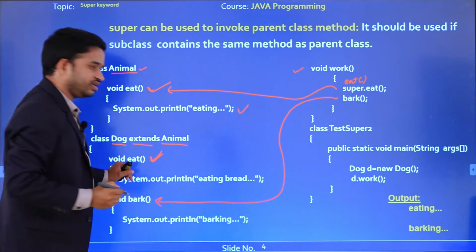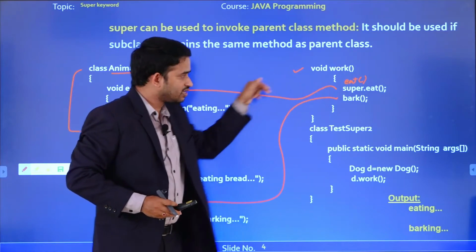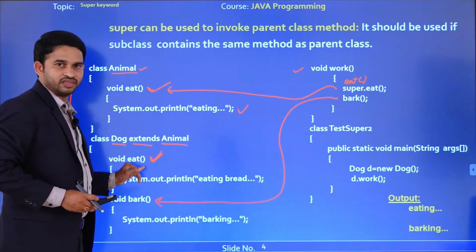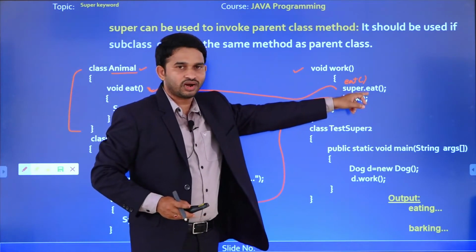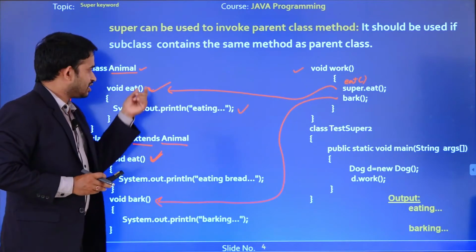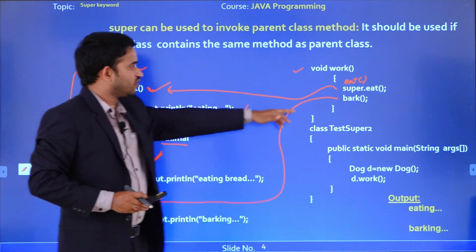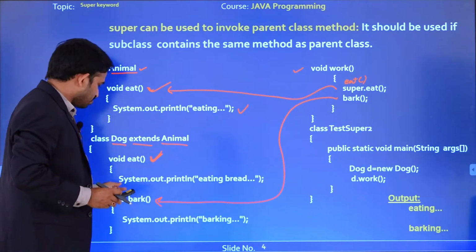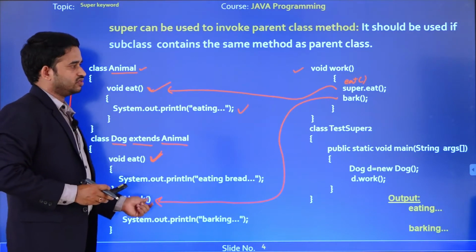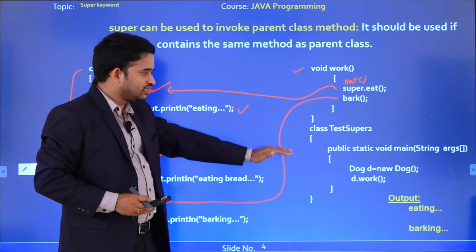So the eat method is there, right? If we write eat here, it calls the present class eat method. But here super.eat means what? The immediate parent class eat method. So those are different: same method name, but implementation-wise both are different. Next one is what? Bark. Within the same class the bark method is called. So what is the next one? We go for the declaration of the main method in some other class.